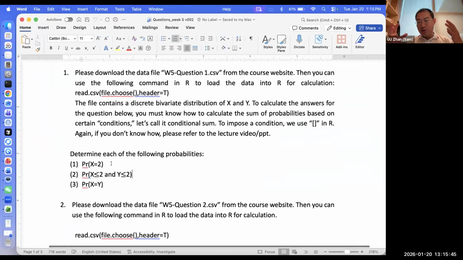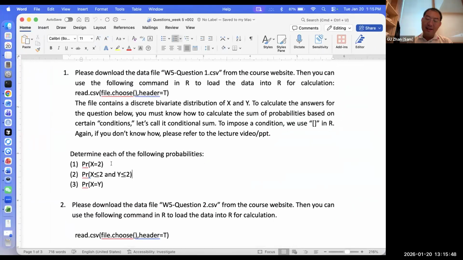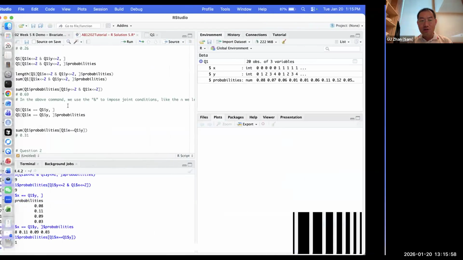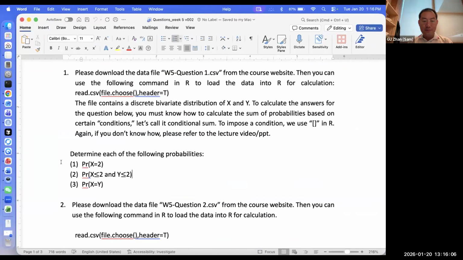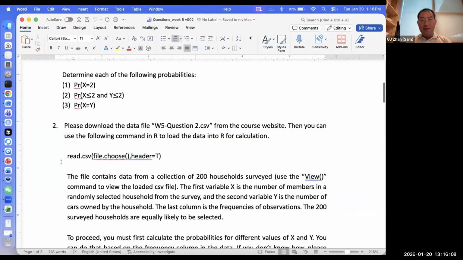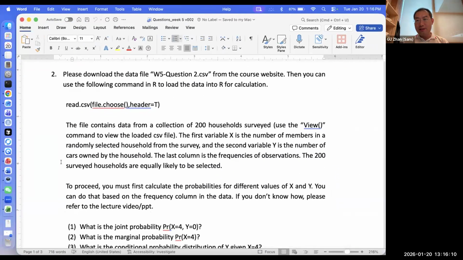Primarily, how to read a data set, then how to do the subsetting to get a portion of those data set rows which meet certain conditions. So there is a logical operator there: and, or, then double equal, smaller, smaller equal, and so on. The second one is download the data Q5 question